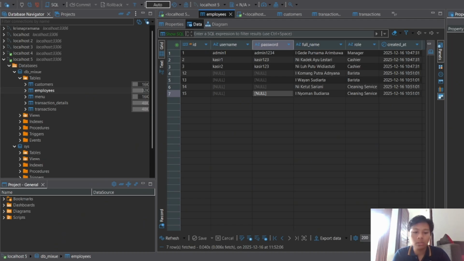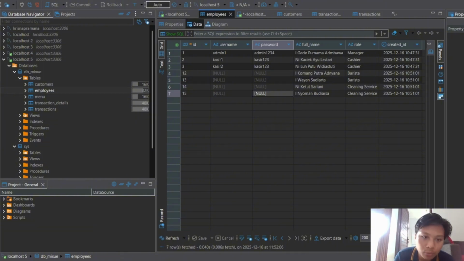The password is 1234, and then the full name is Putu Krishna Ramana. This is my full name, and then we click the position first. Don't forget my position is manager, and then add. So my name is showing in there.